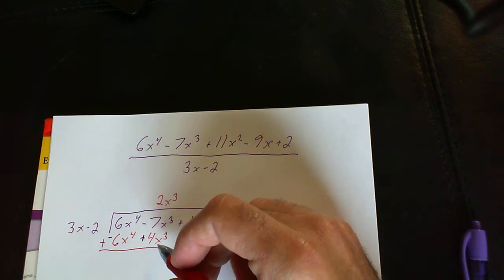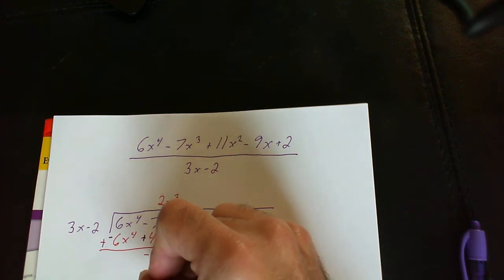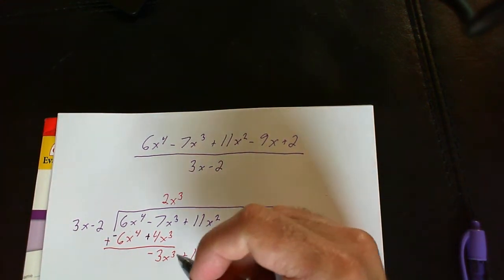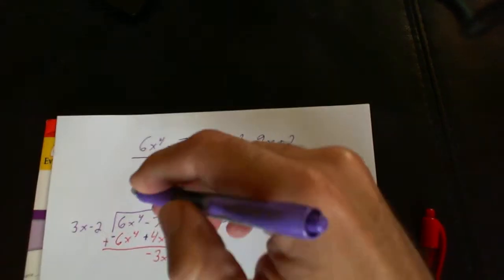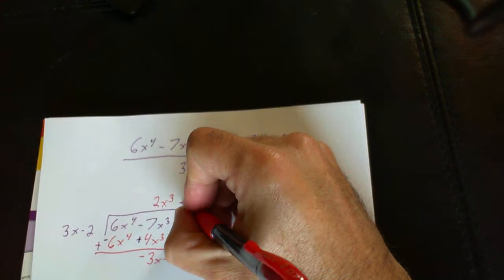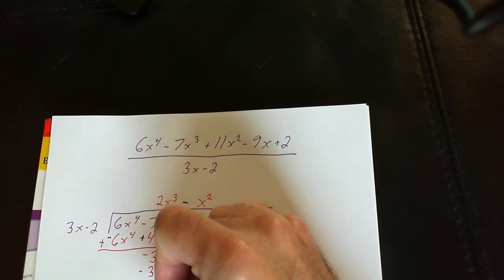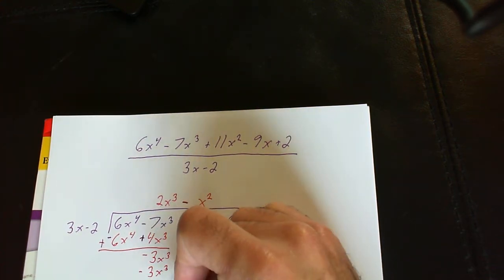So now I say negative 7x squared plus 4, negative 7x cubed plus 4x cubed will be negative 3x cubed. Bring down my 11x squared. Now, what can I multiply by 3x to get 3x squared? Well, it's a negative, so I want a negative, above my x squared, negative x squared. You remember, you want it to be the same. So if this is a negative, you want this to be a negative. Negative x cubed times 2x would be positive